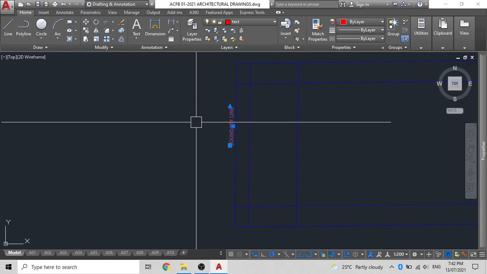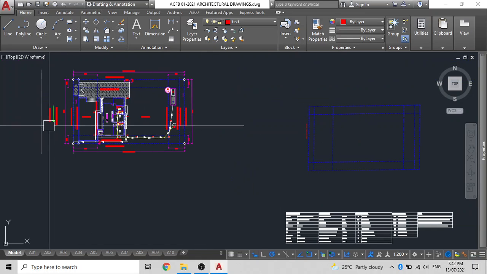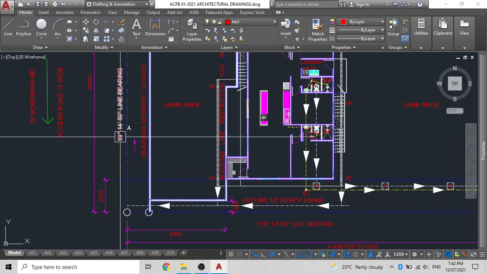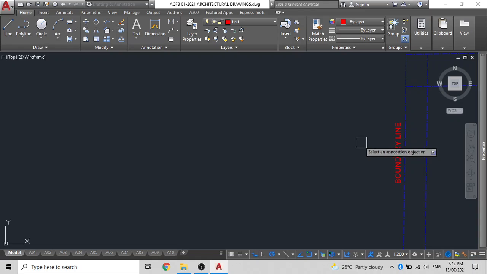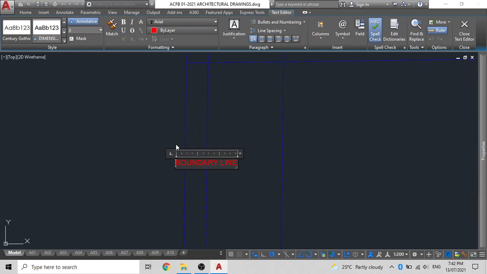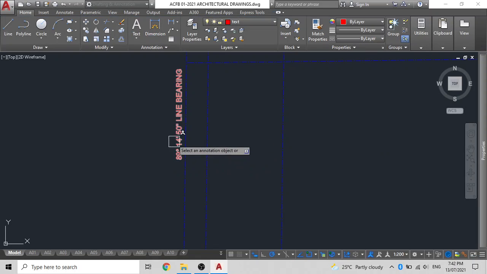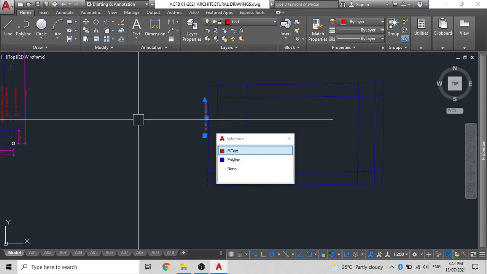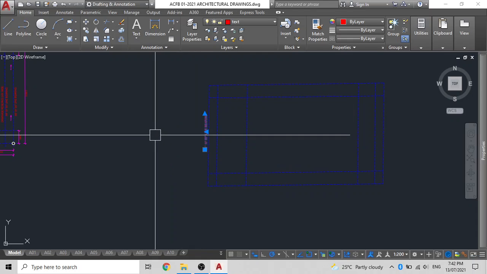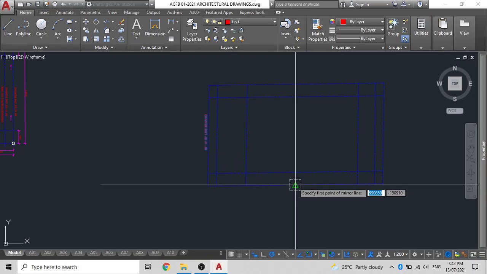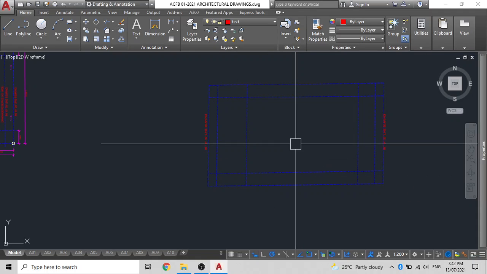Similarly, we can mirror this to the other side, or we can just enter our information first. So the information that it should be is this. It should be written on the drawing, on your site map, or the drawings given by your surveyor. So what I'll do is just copy and paste, because you understand how to actually fill in the text, like so. And then I'll line it up so that it looks neat. And then we'll mirror it onto the other side, like so.